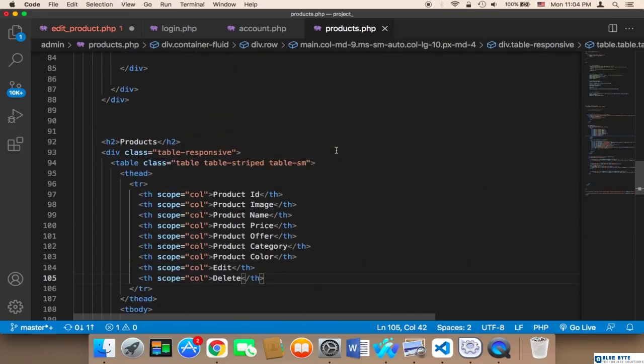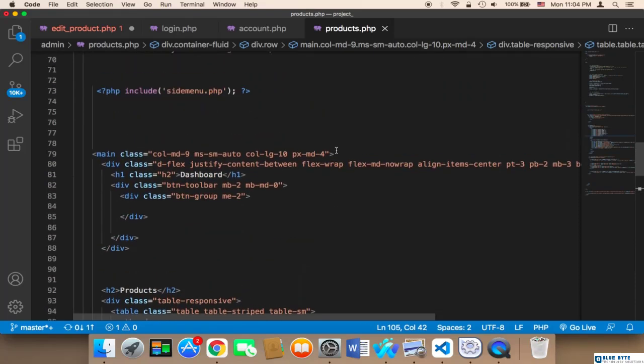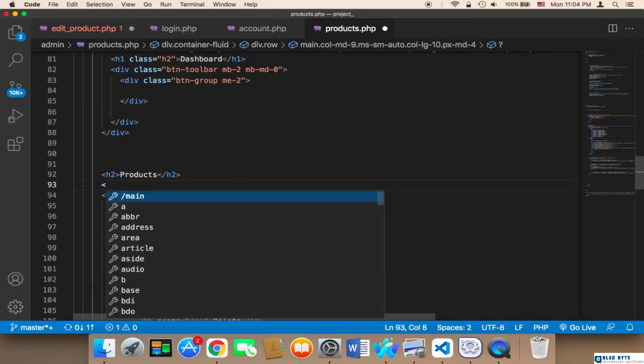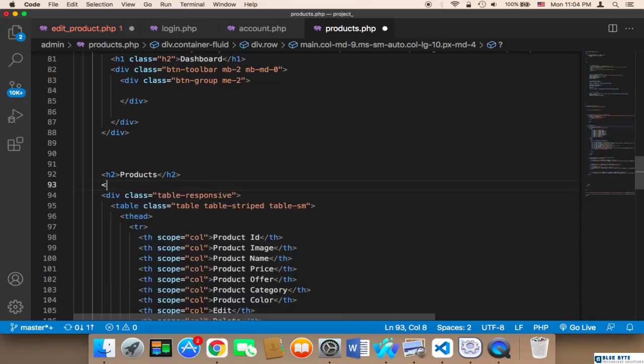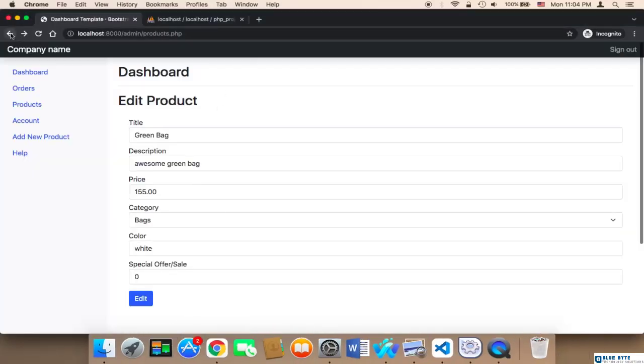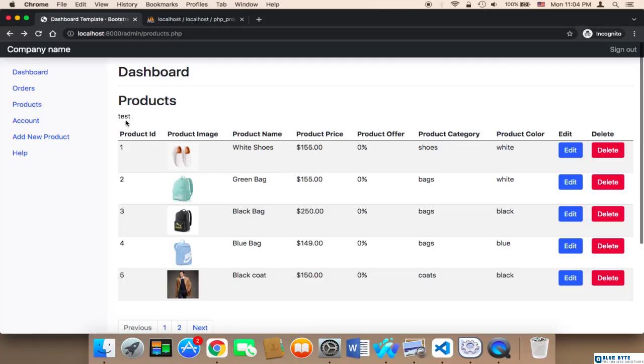Whenever you want to display a message, you can display it here, or you can create something. I'm going to create something very smart here, and it's going to look amazing. Let me first say P, and then I'm going to test the location of this. So if I go back, this test is going to be displayed here. So if you want to display a message,